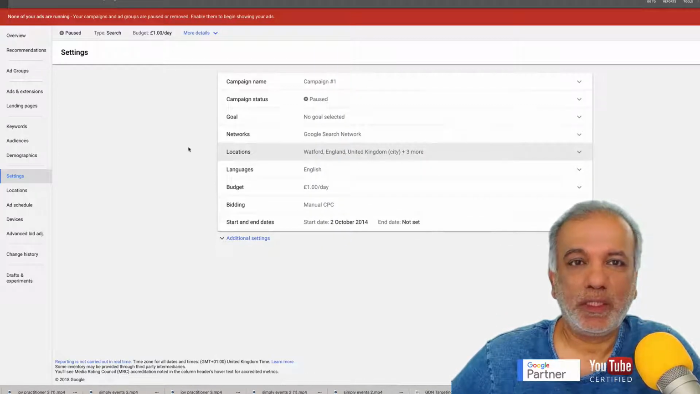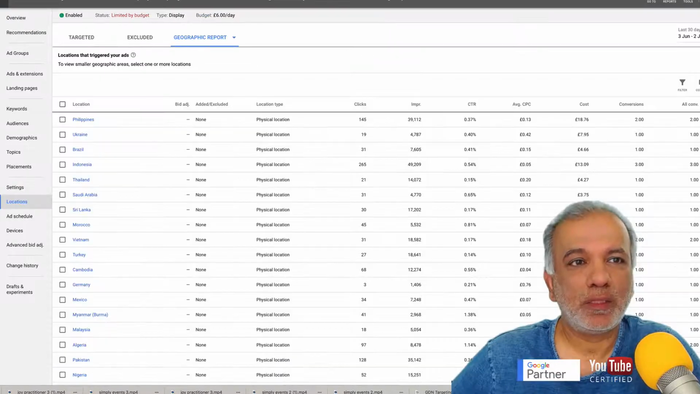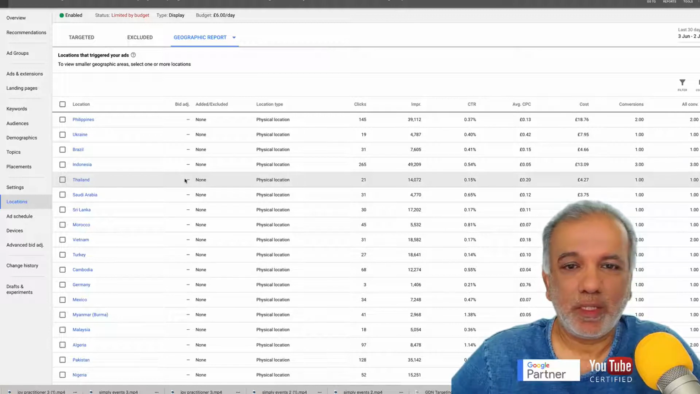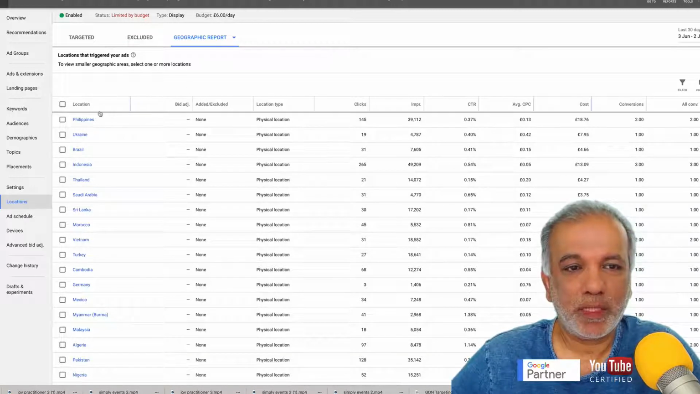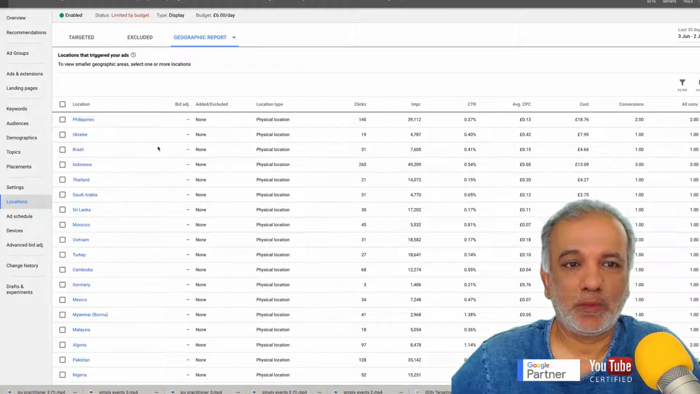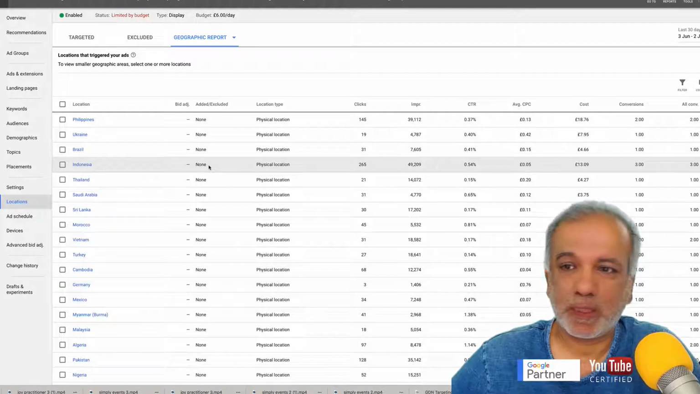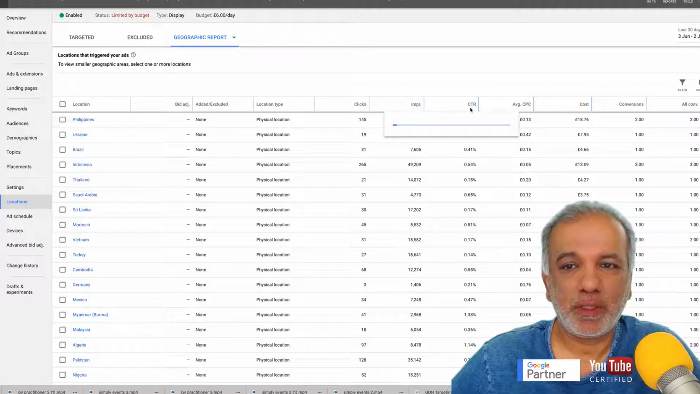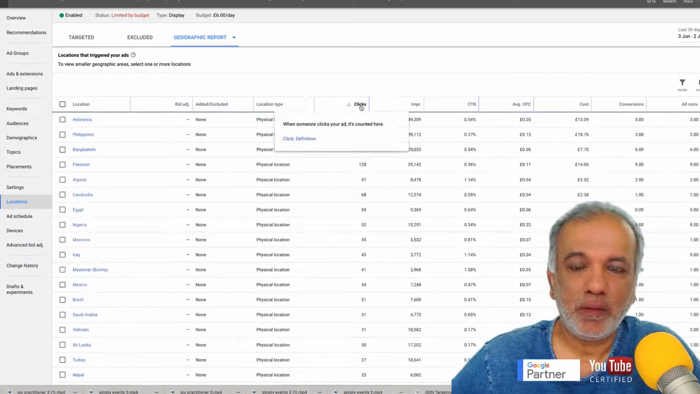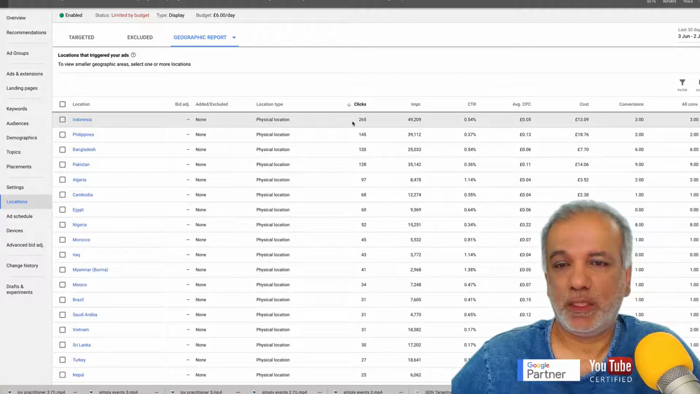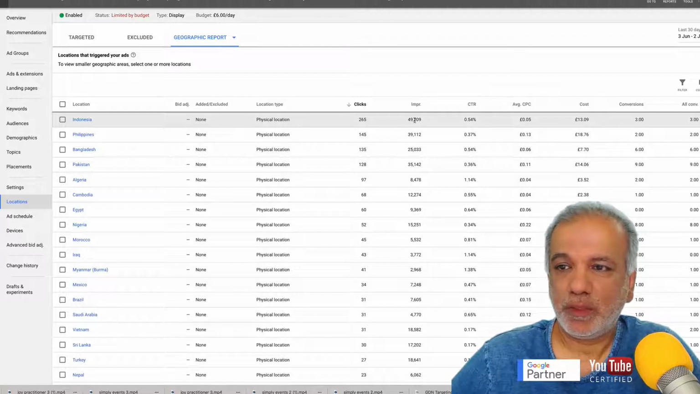Once you've set it up and you start to run, let's go into a campaign where I've got some data. Okay, so now I can see all these countries, and it could be cities or towns, it could be your locations, wherever you are targeting. I can sort by clicks, impressions. So let's see where I'm getting the most clicks from. Indonesia, okay. Impressions, CTR,